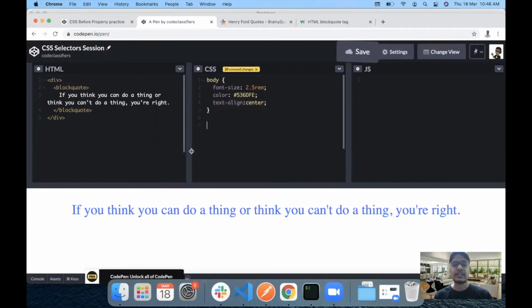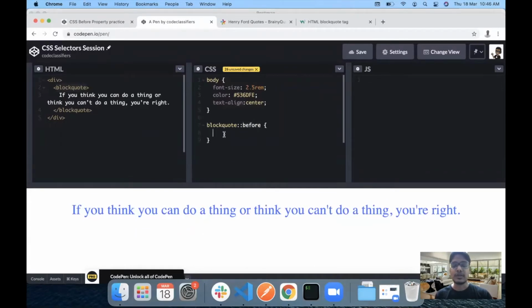Now the first selector which I'm going to use is the CSS before property. So what we can do is select this blockquote tag and use double colons. Initially I used to do it with a single colon, but I went through some YouTube videos by Kevin Powell, and he mentioned that you need to use the CSS before tag like this. Instead of adding a single colon, you need to add double colons for the before and after tags, because these are the CSS3 specifications. So I'm going to use the same.